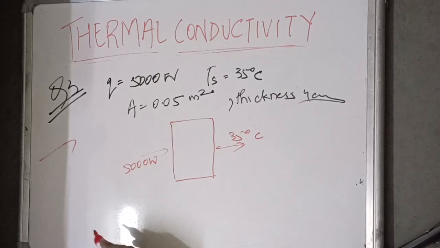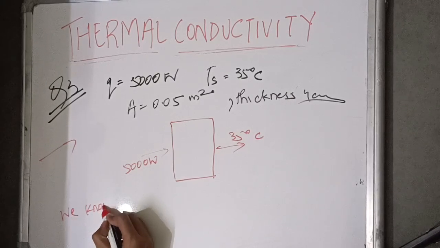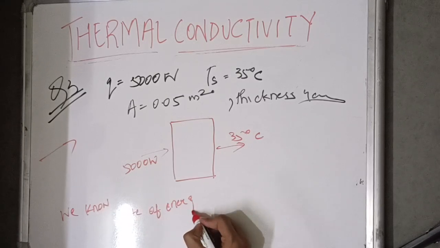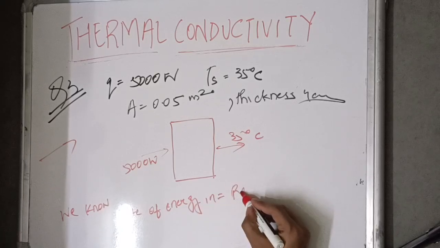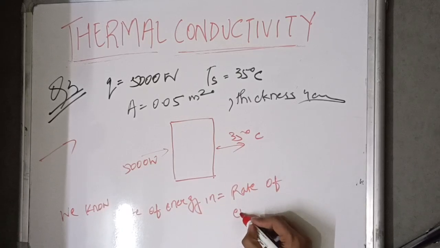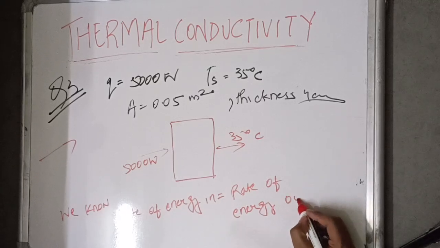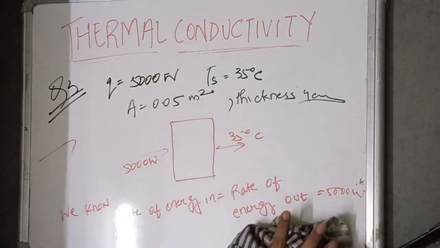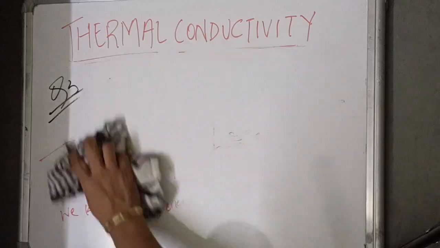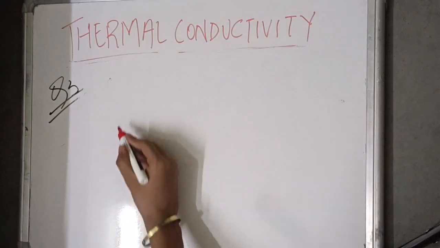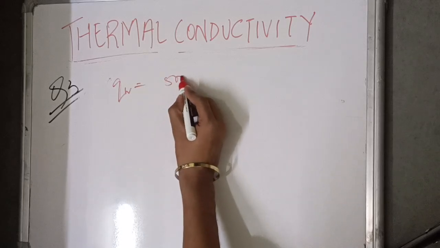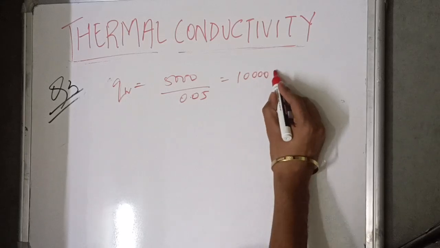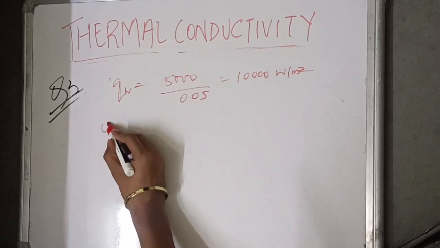Okay, we know that rate of energy in equals rate of energy out, which is given as 5000 watt. Then we find the flux. Flux is rate upon area. We have the area as 0.5, so we get 10,000 watt per meter square. Using Fourier's law,